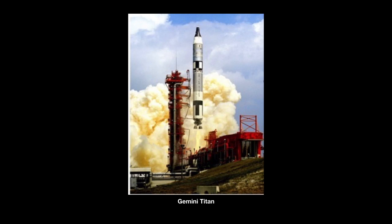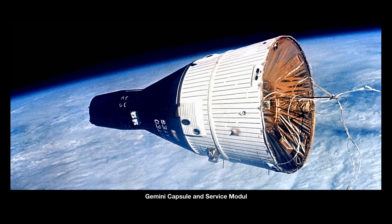Highlight of the Gemini program was the fact that the capsule had this white service module behind it. So the capsule itself is the dark part, and the service module contained extra oxygen, extra fuel, extra water, and extra batteries for electrical supply. The white service module was separated from the capsule when the capsule prepared to re-enter the Earth's atmosphere and bring